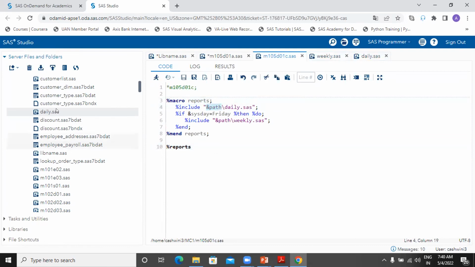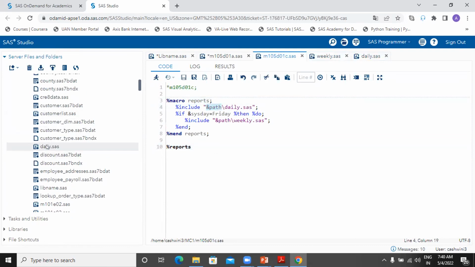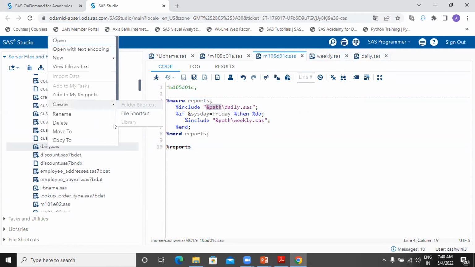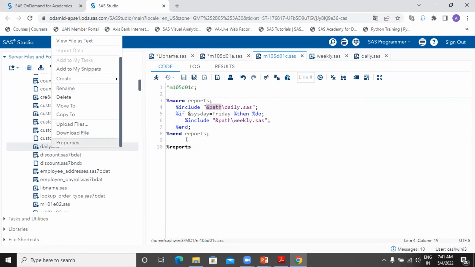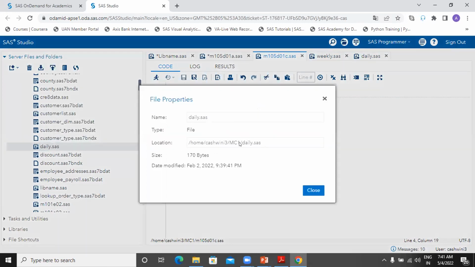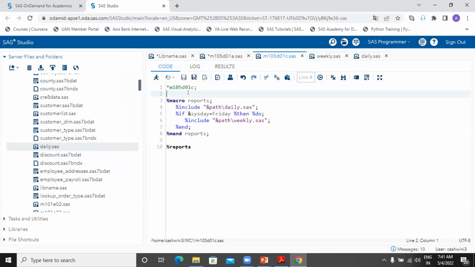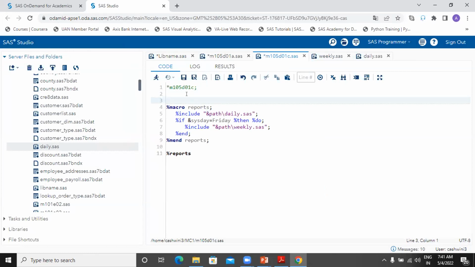Now what this path is, your path is going to be your macro program path, correct? So I'm going to create a macro for my path because I'm going to require this path regularly. So I'm simply going to copy this. I'm not copying this daily because it's part of this MC1, correct? So I may write this